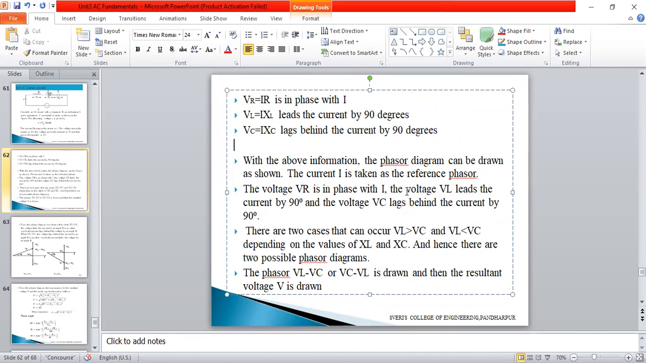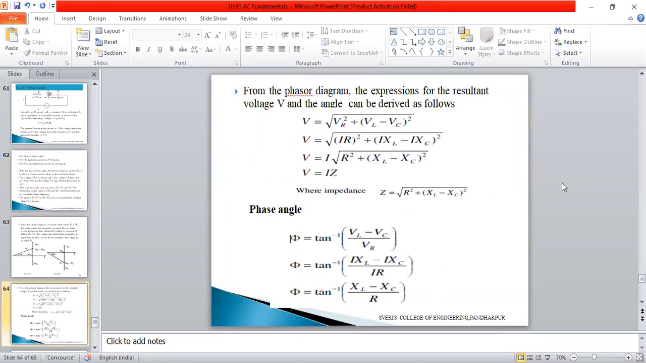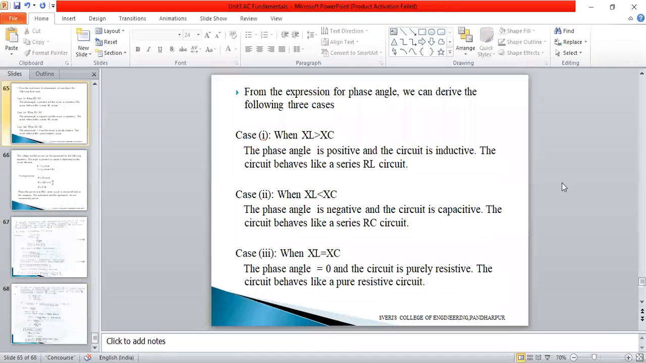With the above information, the phasor diagram can be drawn. The phasor diagram can be drawn for three cases, which are